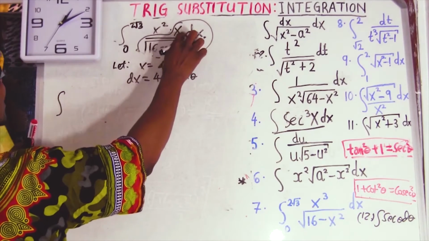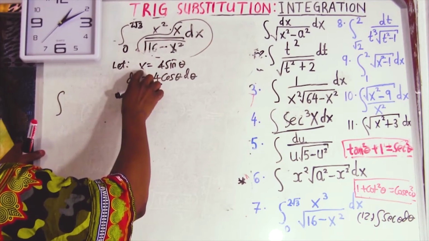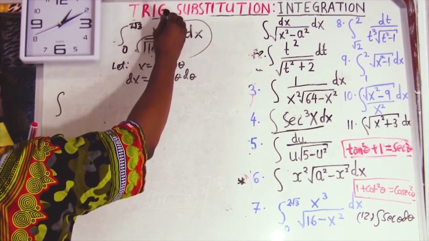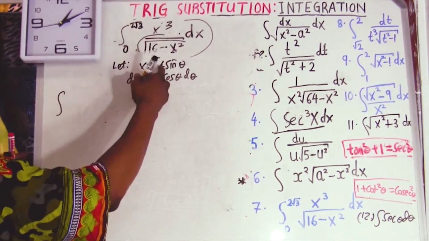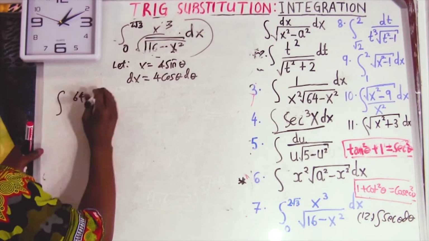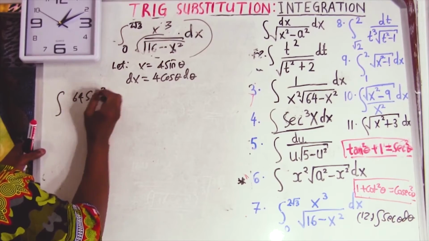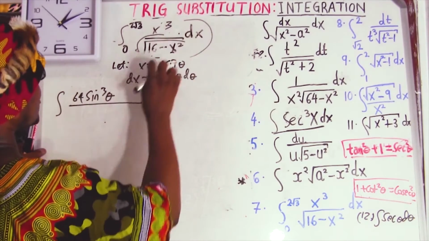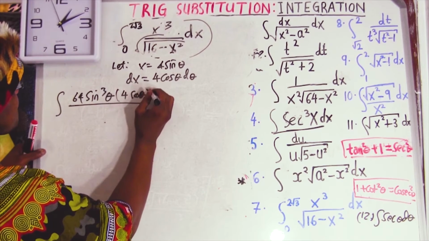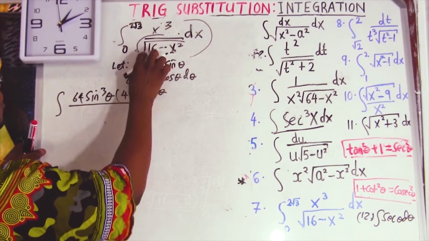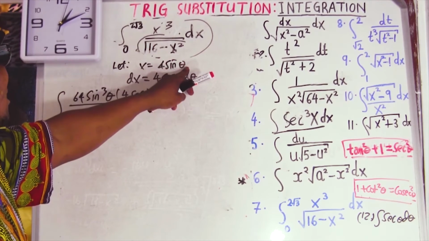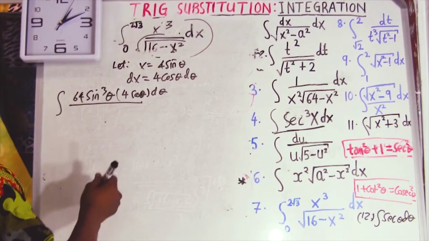Integral x dx. For x, we know, x cubed. So for now, let's leave x cubed because we separate for some reason. x cubed means it's going to be 4 cubed, which is 4 times 4, 16, and 64. And then we say sine cubed. Okay, dx: what is dx? dx equals 4 cos theta d theta. Okay, this stuff here we can get because it's going to be 16 minus 4 sine squared, which is going to be